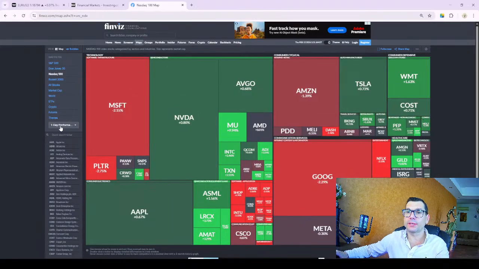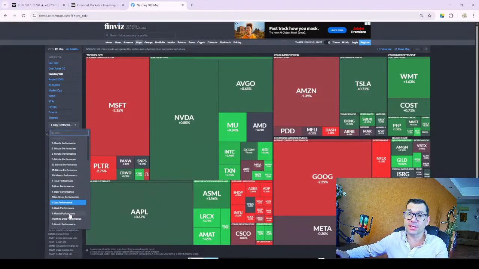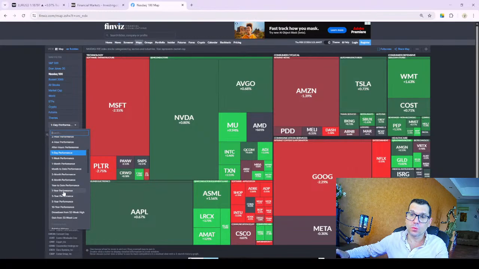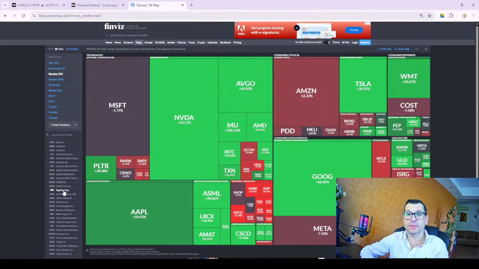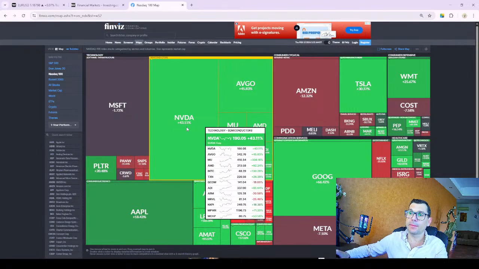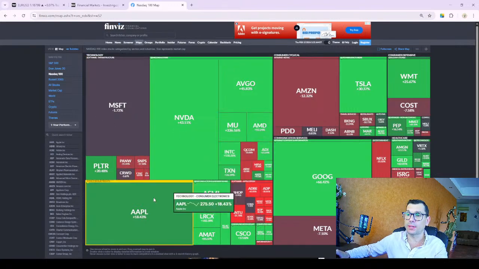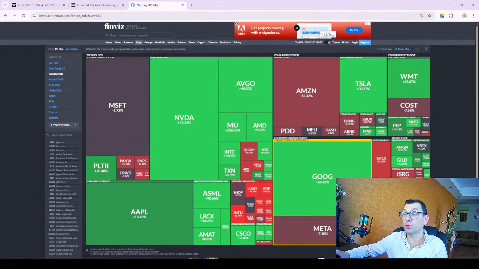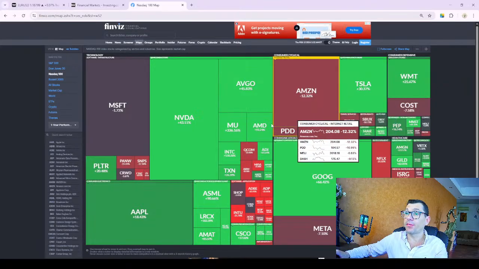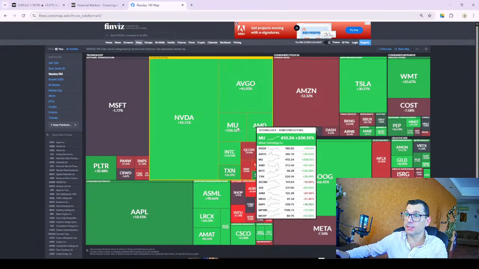Now, we're looking at one-day performance. It's actually showing us what the stock market did yesterday. But if we look, for example, at a horizon of a year, see 1 day, 1 week, 1 month, month to date, do we have 1 year performance? So if we change to 1 year performance, you see how much the situation changes right away. NVIDIA has gone up by 43% within the last 12 months, Apple by 18, Microsoft dropped by 1%, Amazon dropped by 12, Google gone up by 66, Tesla by 30. Then you can see some other companies that have gone up in that sector.